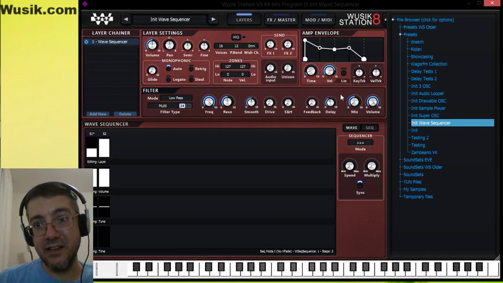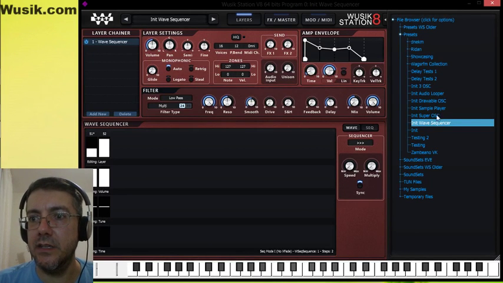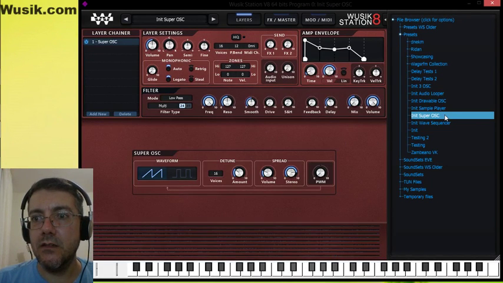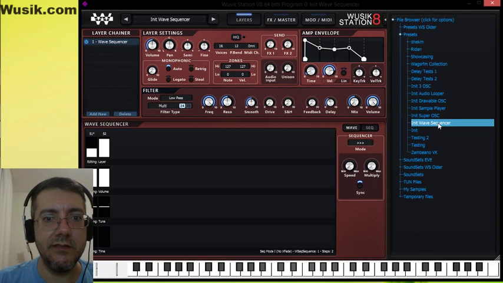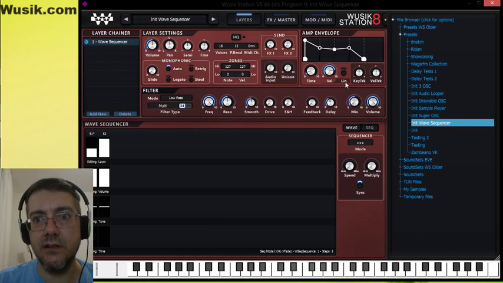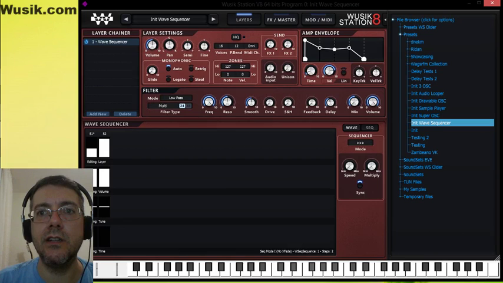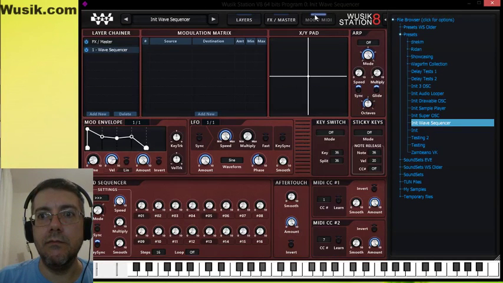This is going to take a bit longer to be done. But I think you could call this something else like advanced arpeggiator or something like that, because it's not going to be really a wave sequencer, more like an advanced arpeggiator. But it's a good question actually,